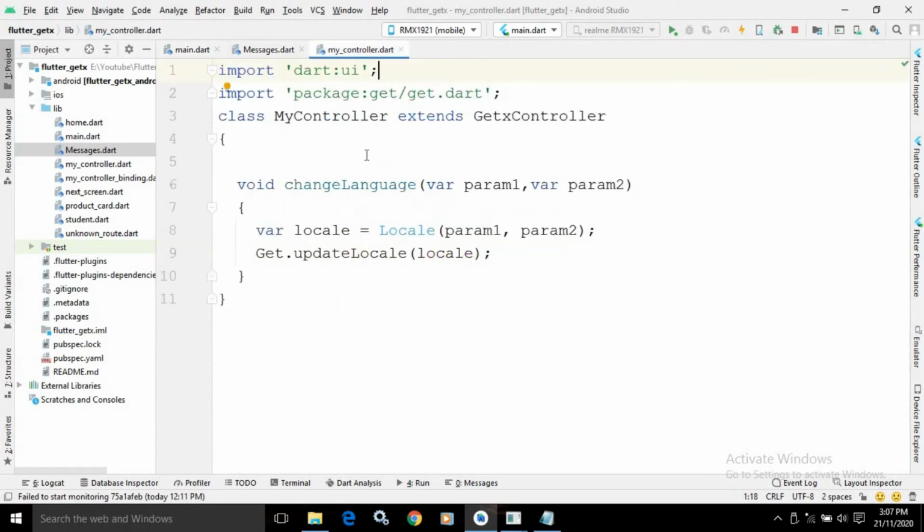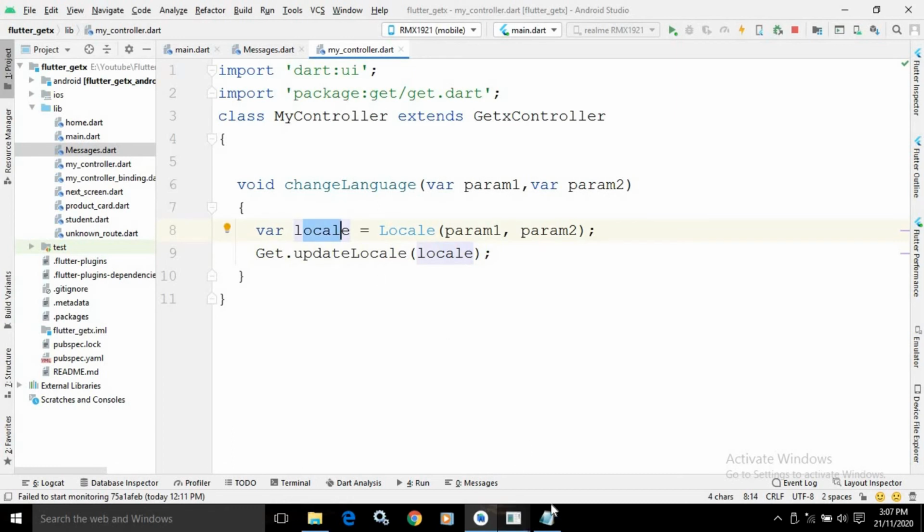Now in the MyController class I have created the changeLanguage method which is taking the language code and the country code. This means the language code will be stored in param1 and the country code will be stored in param2. Okay, after that with these parameters I am creating the object of the Locale class, as you can see, where locale equals Locale, then param1, param2. After that, to update the locale we need to use the updateLocale method which has been provided by the GetX library, and in the updateLocale method we are passing the locale which we created.